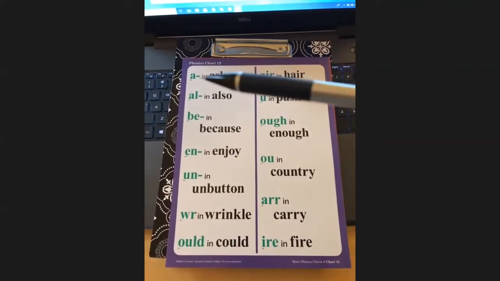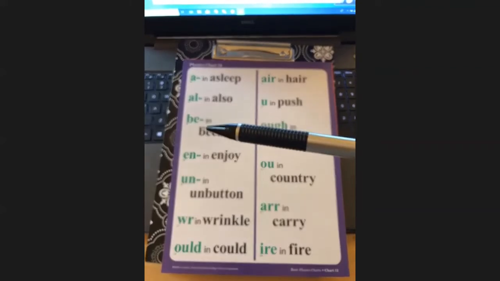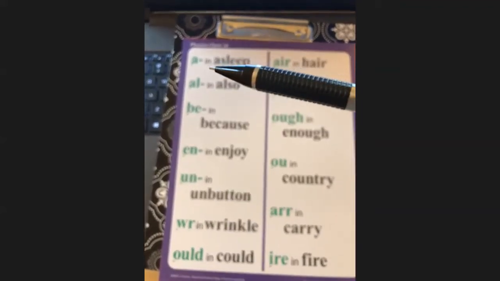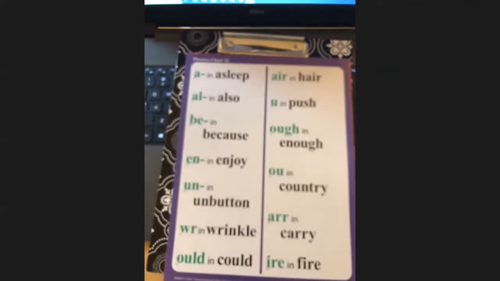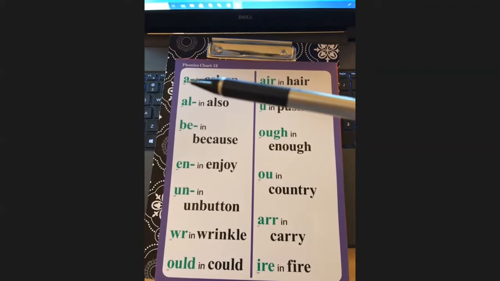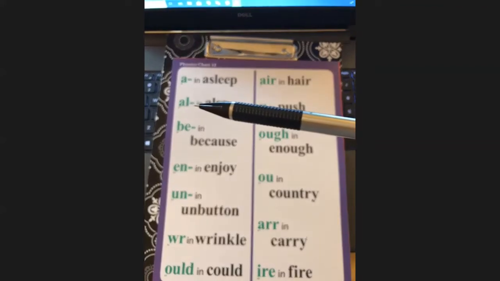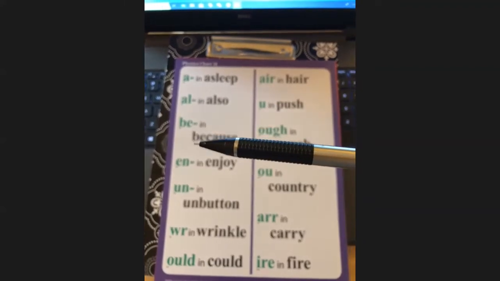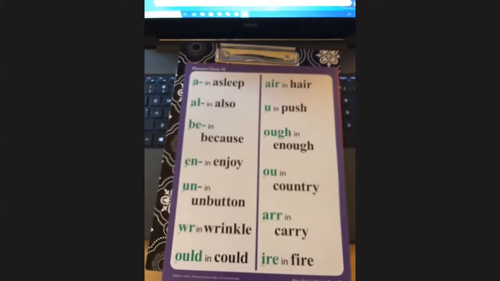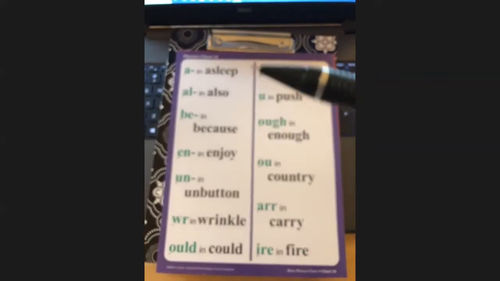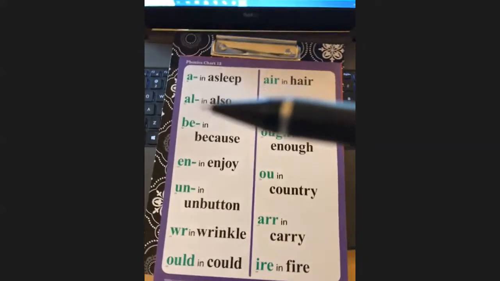Let's go back and look at the lines that you see after these. What do these lines mean? Losing our focus here. There we go. Those lines mean that these are prefixes. When the line comes after the A and the AL, the B, E, and the N, EN, and the UN, it means prefix. So if we look at the word asleep,